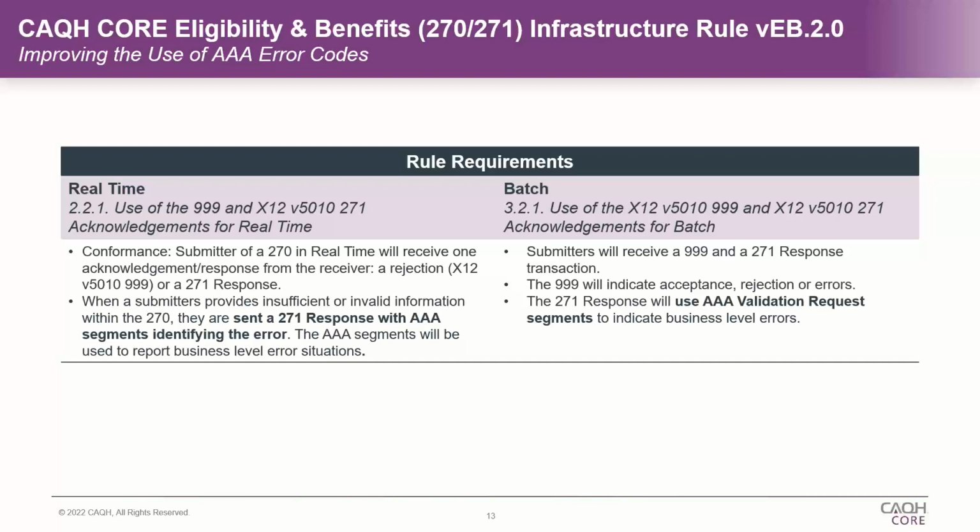Maybe it's a system issue on their end, maybe someone fat fingered something. But if you would have caught that error up front, knowing that maybe the ID and the last name did match someone, or maybe the ID did match someone and none of the pieces of information matched, you could have responded saying none of these match. The last name doesn't match, the first name doesn't match, or the first name doesn't match and the date of birth doesn't match. That way it gives an indication to the provider that there are potentially two pieces of information they need to correct instead of having to do it piecemeal.